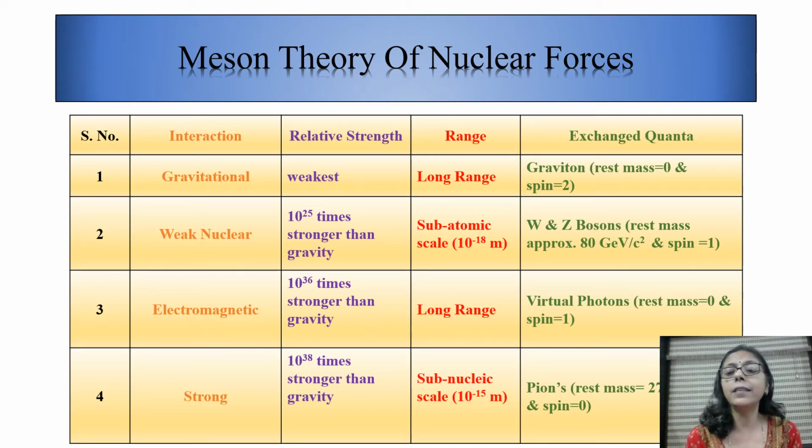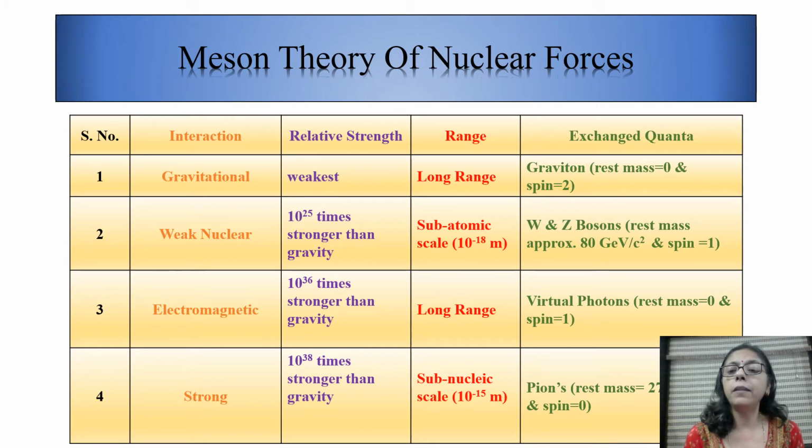What do we see in this table? The gravitational forces are the weakest of all forces. Can you imagine? Yes, it is beyond our imagination. Why? Because what do we see in the universe? The earth moving around the sun, and the moon moving around the earth, and the sun moving around in the Milky Way galaxy. So all these things, do they ever suggest that gravitational forces are the weakest of all forces? And what is the exchanged quanta in terms of gravitational forces? You call it a graviton, having a zero rest mass and spin 2.